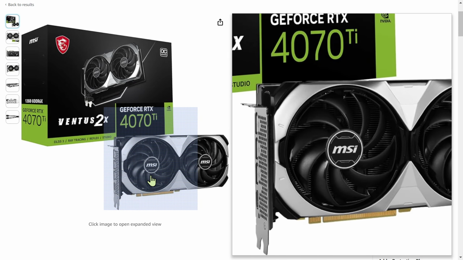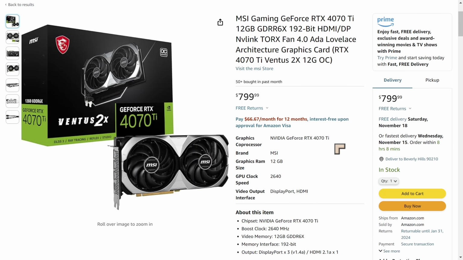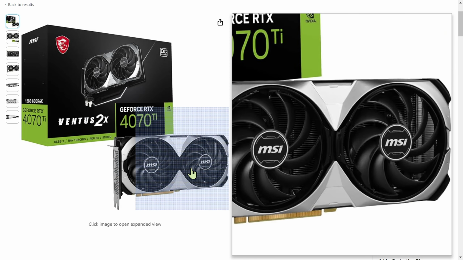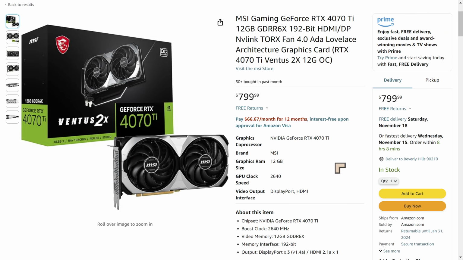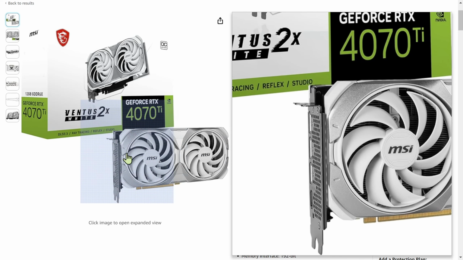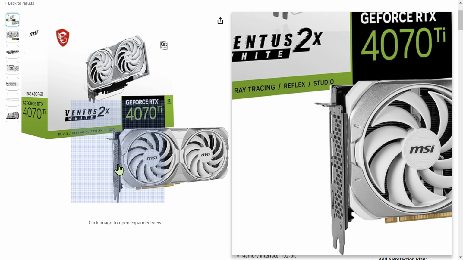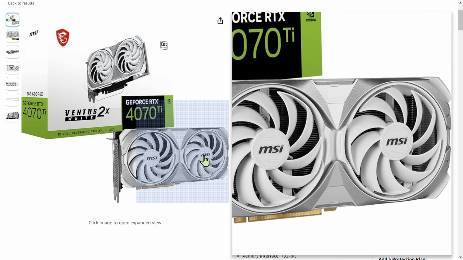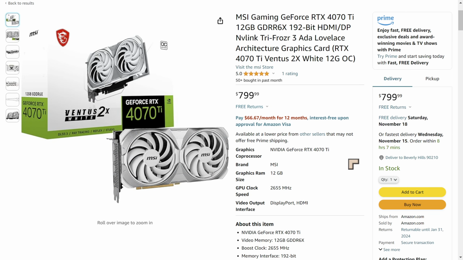One to think about is the MSI Ventus. This guy comes in at $800. It is 2-fan, so it will actually fit into a large number of cases. And another benefit of this particular edition is that it comes in multiple colors. So if you want to go for an all-white aesthetic, there is one that is available. I will have links to these selected options in the description, but I would say for the 4070 Ti, probably